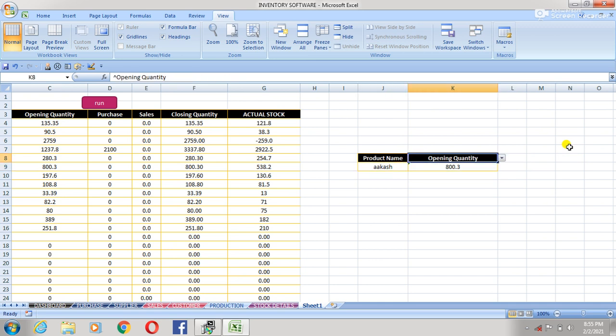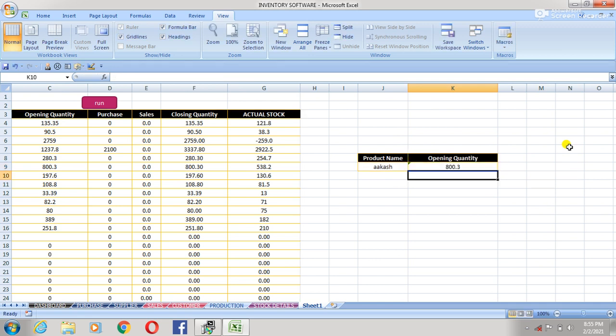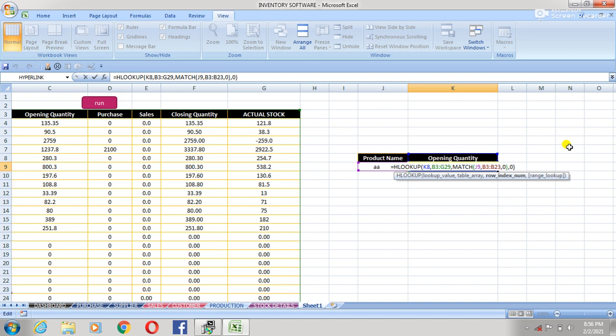And this is the advanced formula. So I want to put the ROW function here. The next formula is equal to HLOOKUP, and put it here. So MATCH, ROW.